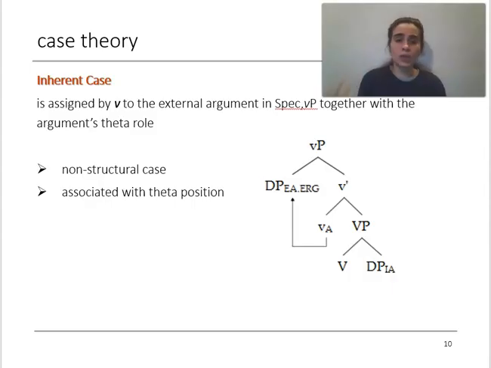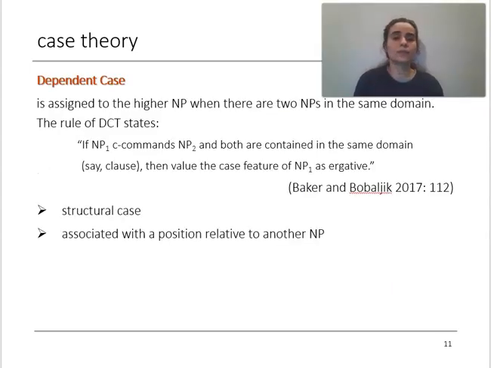Georgian ergative shows examples when it is not an agent, but it's still consistent with the external argument. So it can be causer, it can be experiencer, it can be, for example, in object experiencer construction, Tsigna mama siamovna, the book pleased me, the book can get ergative case. From one point of view, it looks like it's a theme argument, but it is not, it's causer, and it's still external argument in the structure. The next theory which deals with the ergative is the dependent case theory, and this dependent case theory shows that